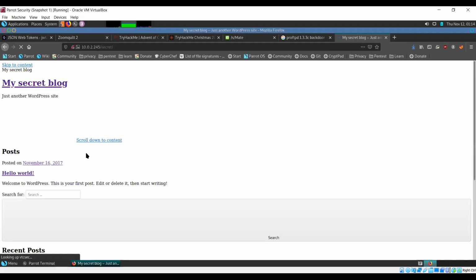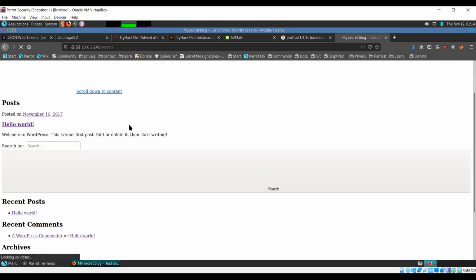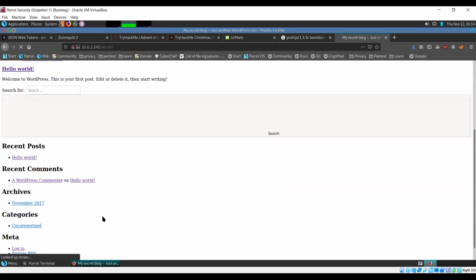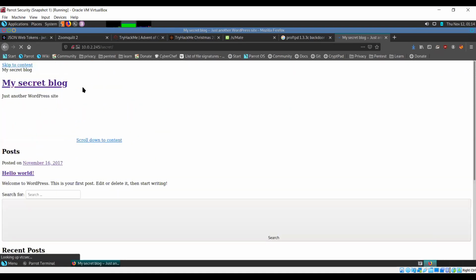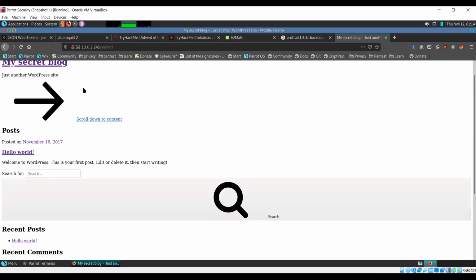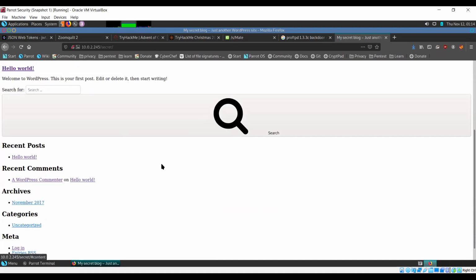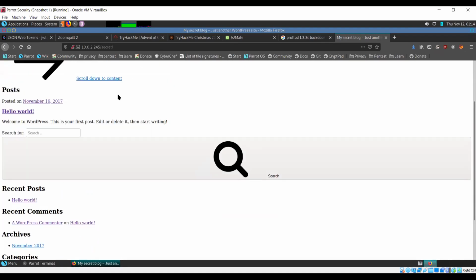It's still loading and it's taking a while to load. Now this seems like a blog, but it's not really loading properly. You can see it's not loading properly here.